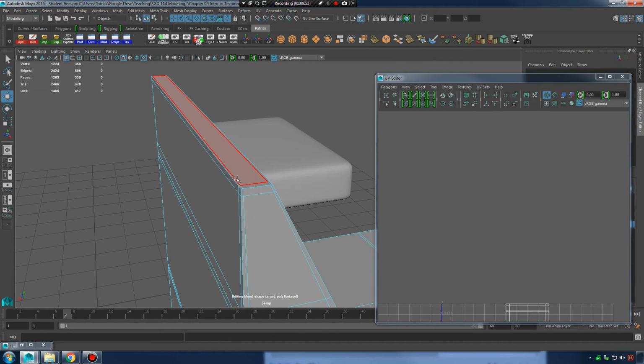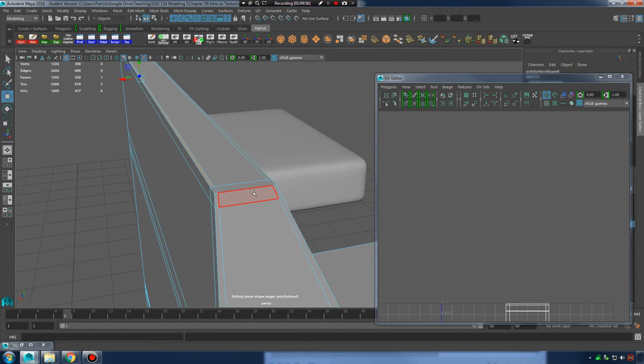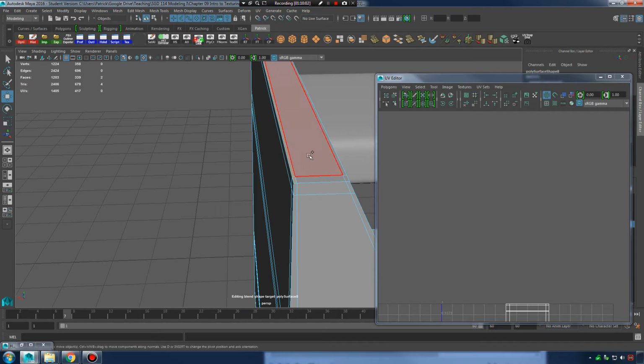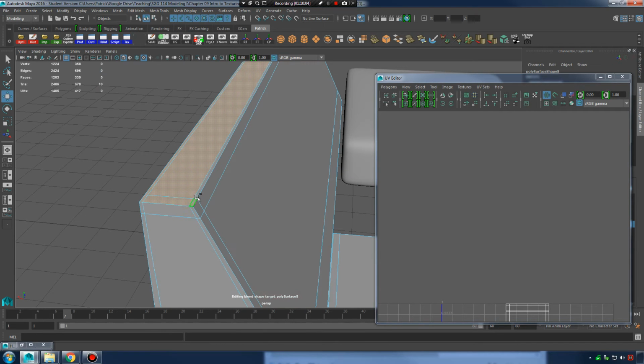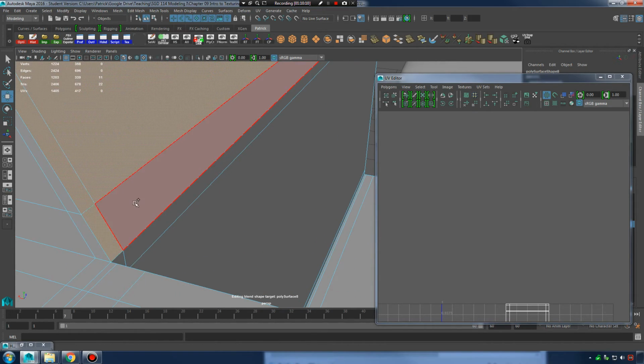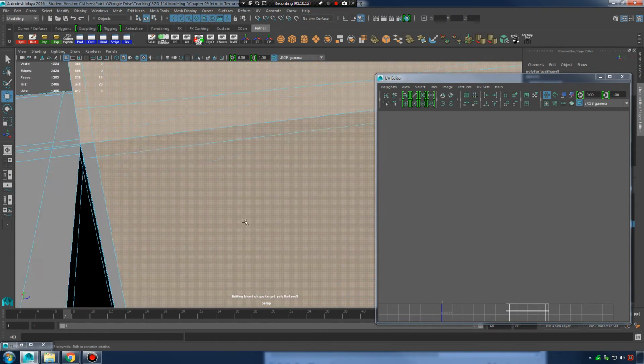So what I'm going to do is select just the faces, and this is where support edge loops can be a pain in the butt, because now we have extra faces to select to get our faces projected just so. So you have to be kind of careful whenever you're UVing